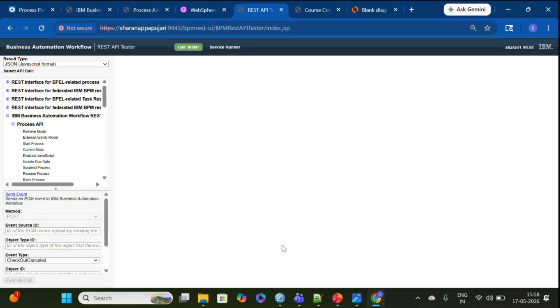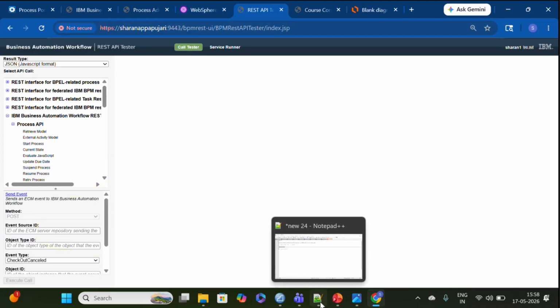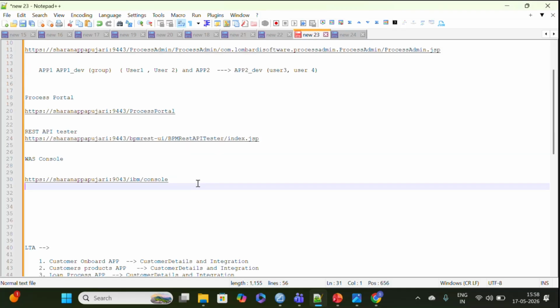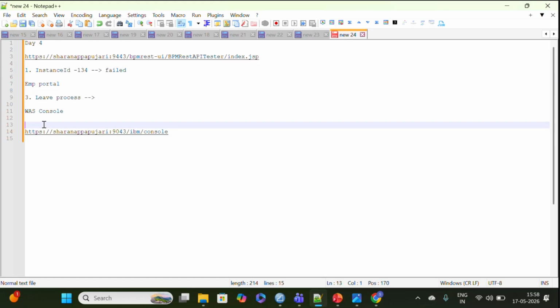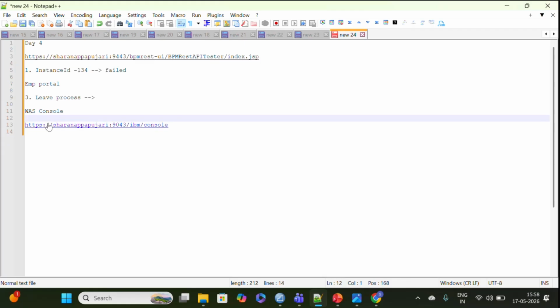So now the next one is our WebSphere admin console. I'll just take out this WAS console. So this WAS console is one more important portal, but as a developer, we won't be having